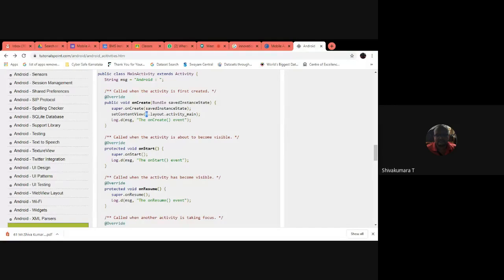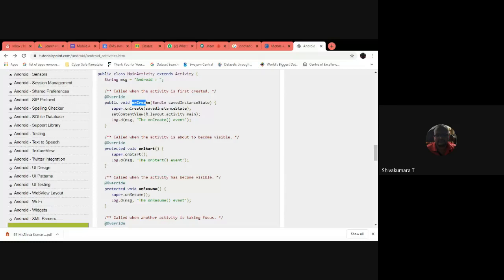So here he was using R. So R is a class file. It's a resource file. All the resources, like internal resources such as the icon symbols or the text views or button views, are all going to be put under that R. External resources like image files, like your photograph, or the audio files, media files are going to be put in that R. So altogether, when you call upon that onCreate, it is going to bundle all the resources which will be used when the activity is up and running.